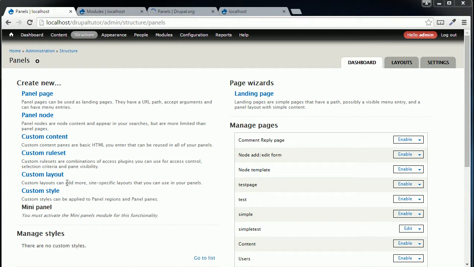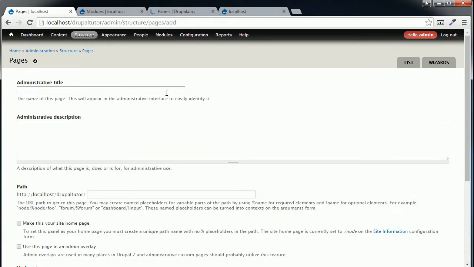Now you can do a lot of things here. You can, like I said, create a custom layout, you can work with node templates, but right now let's create a simple panel page or a web page using panels. So click on panel page, and in the next screen we can go ahead and give it a name. I'll give this